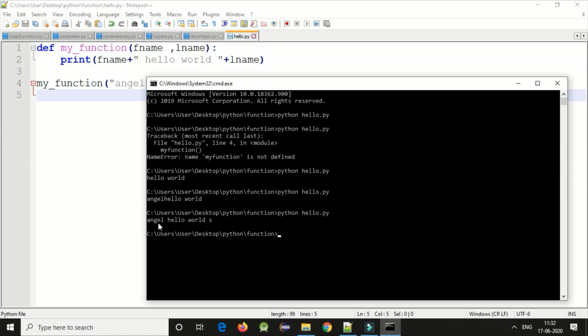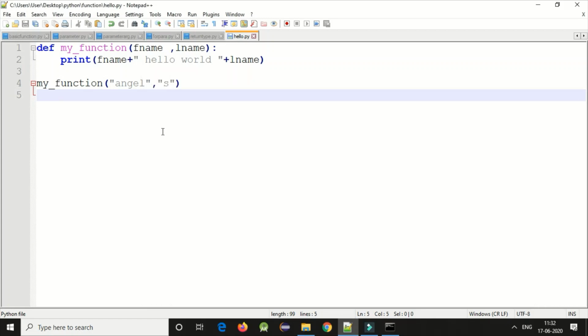Okay, see, I'm getting this output, Angel hello world S. So this is your parameter. We have done how to create the function, how to run the function, and how to call the function. Second, we did how to pass the parameter in functions, how to pass more than one parameter.